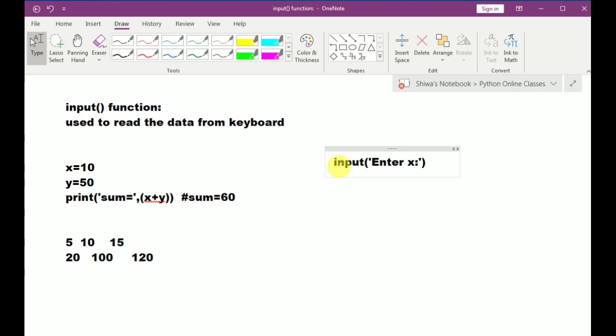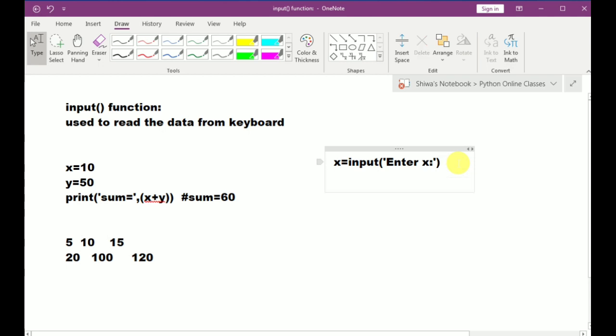When we call the input function, the screen waits to read a value. That value I am holding in the x variable. Hence we can read the x value from the keyboard. This is how we can use the input function in Python.